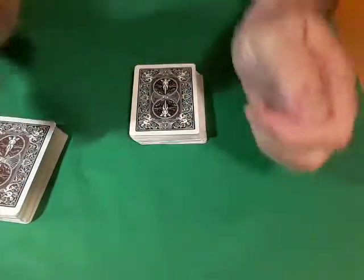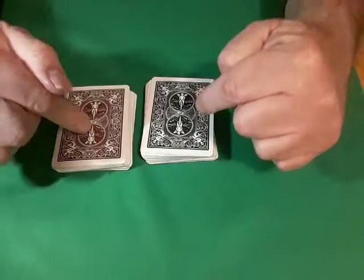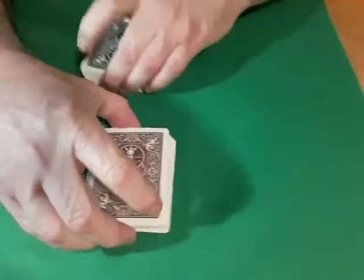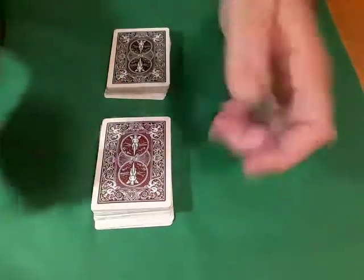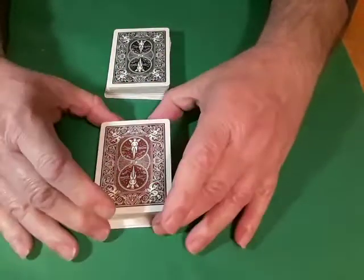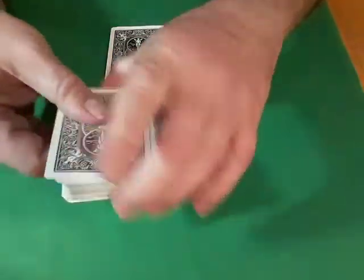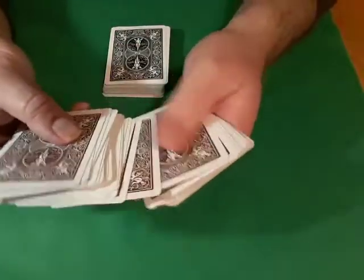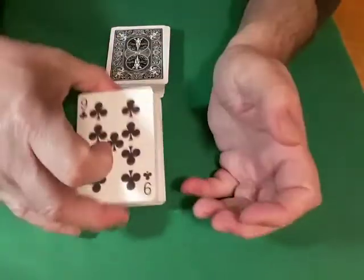Then you say to them, okay, to be fair, you shuffled one deck, I shuffled the other deck. Let's now swap decks. This way it makes it look like you're being up and up, and you take your deck and they take their deck, and you tell them to pick a card from their deck. They go through the deck, and let's say they pick the 9 of